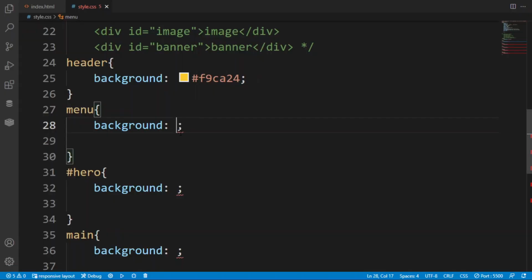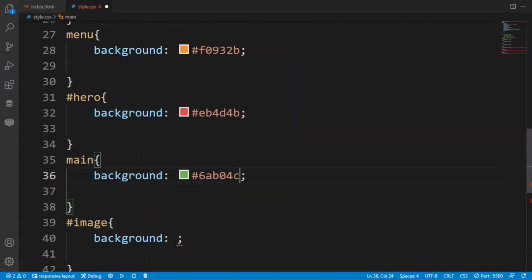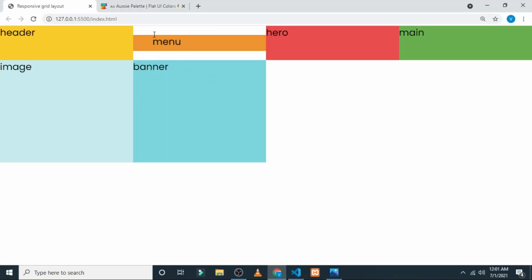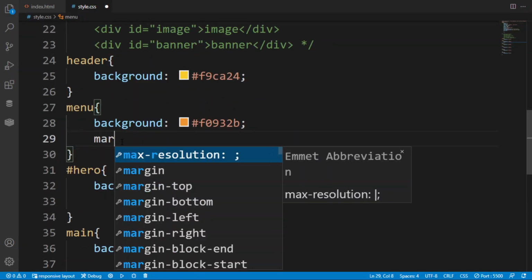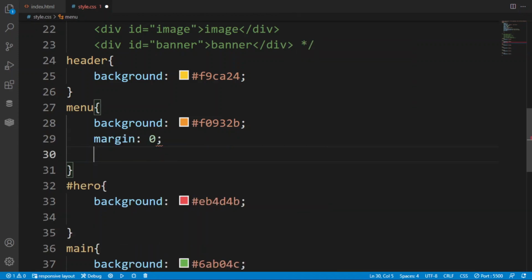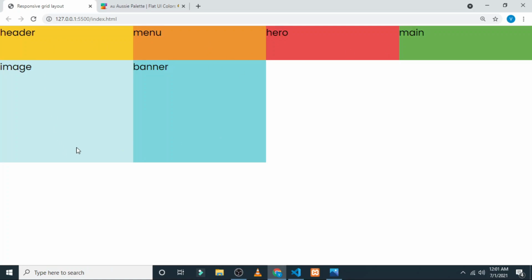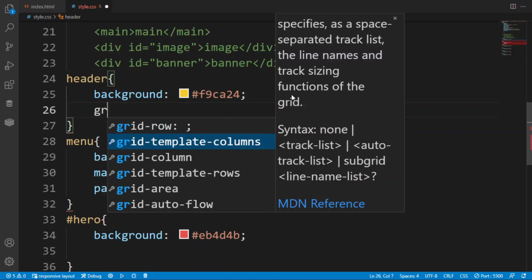And here you have pasted the jelly color. So after pasting just copy the other colors also, so that our web page that we are going to create will look more attractive. There is already content here, and in this menu there has been an error because the menu has a margin or padding, you can say. So we are going to set margin 0, padding 0, so that it will cover the section. So now after this I am giving the grid area.